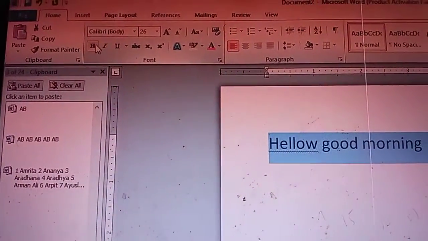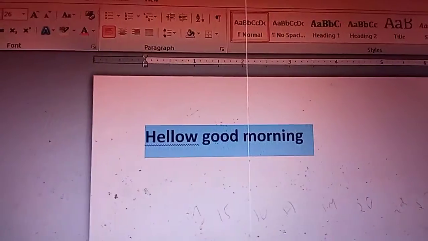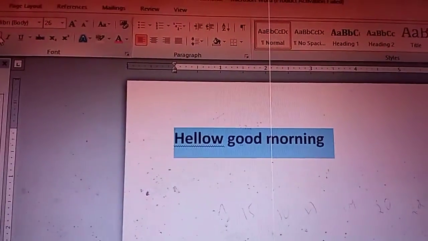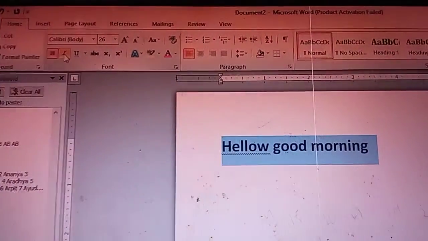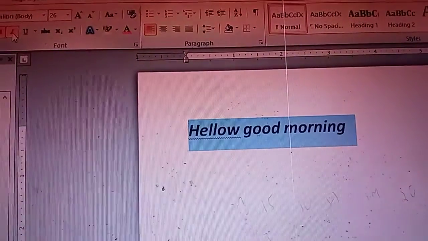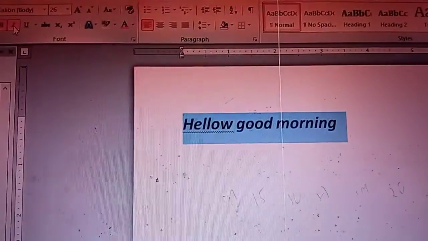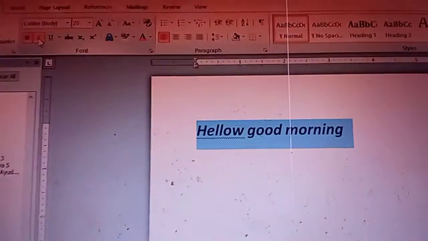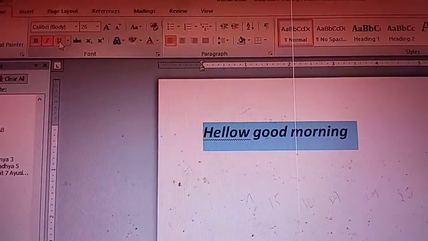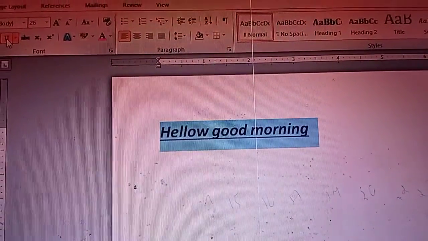So if you first click the bold, then look at that, this letter become bold. So if you click italic, look at that, there is a curveness in this word. So if you click underline, look at that, one underline is there.